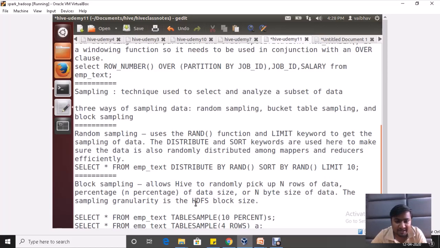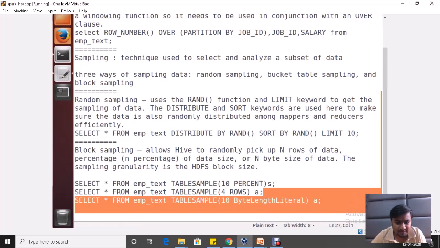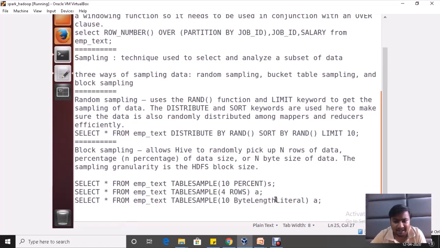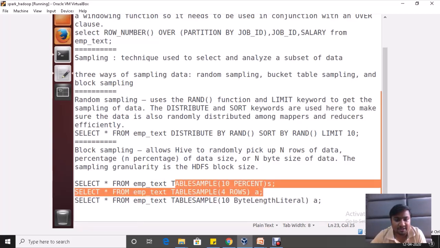The sampling granularity is the HDFS block size. So on HDFS, if I have 100 MB of data and I'm mentioning 10%, it will give me 10 MB of data. I can even mention using rows and using byte length as well. So it will go with HDFS block size. The rest will go with the number of rows and their percentage.